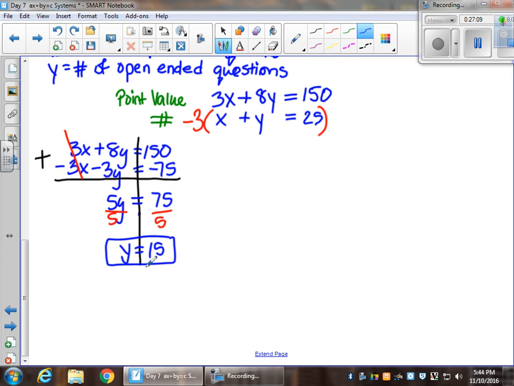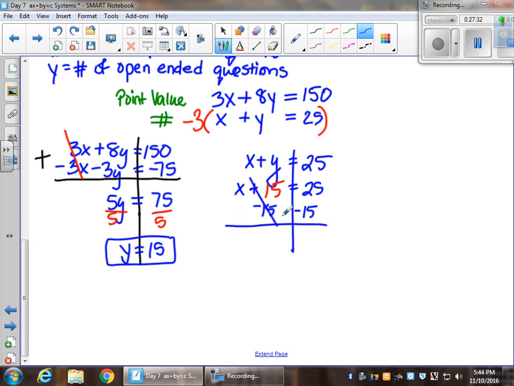I have y, I need x. I choose to use the second equation, x plus y equals 25. So this becomes x plus 15 equals 25. To solve this, we'll subtract 15 from both sides. X equals 10. So we have our math answer, but now how do we say what this means in the